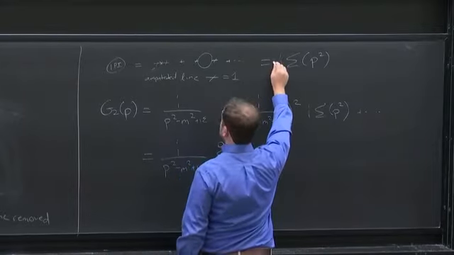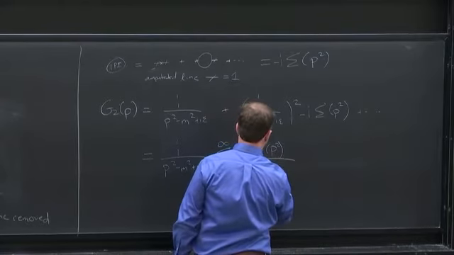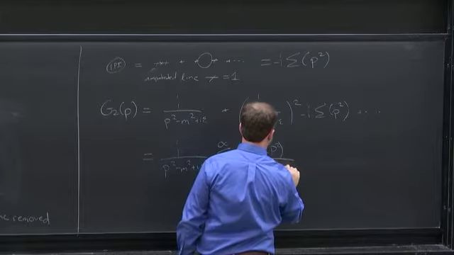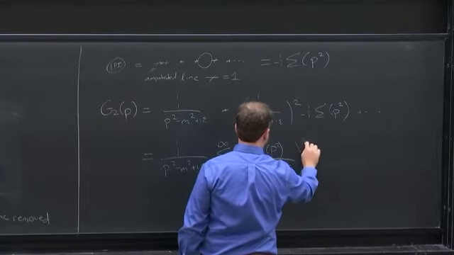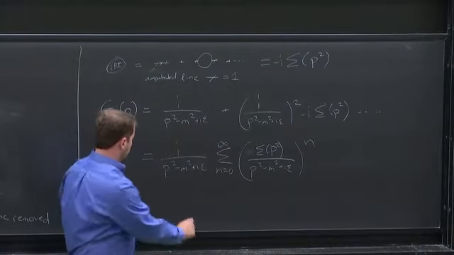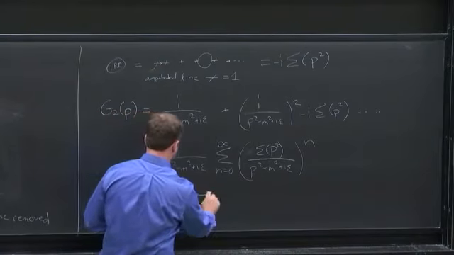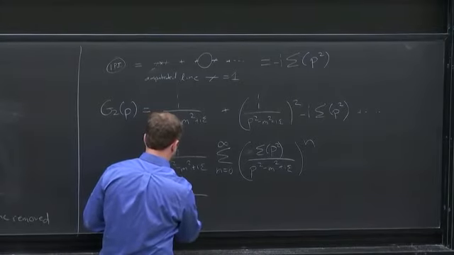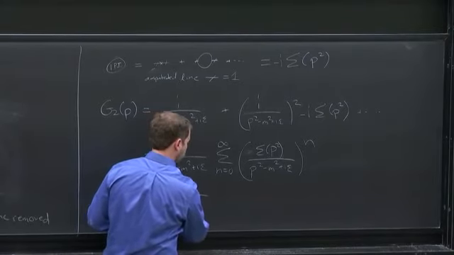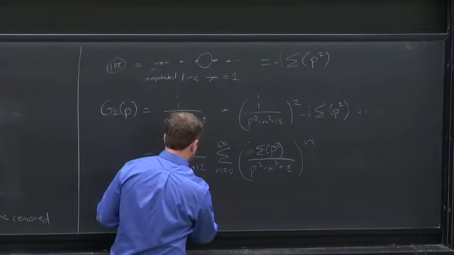Let's put a minus sign. So we can sum the series, and we'll get the exact, all-orders result, i over p squared minus m squared plus i epsilon,